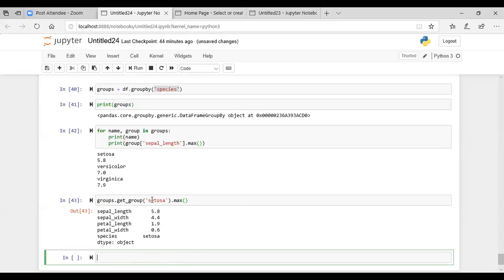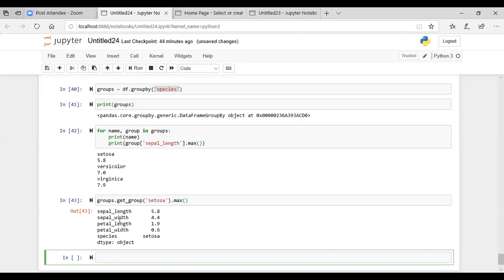So for the group Setosa, the maximum value of sepal length is 5.8, maximum value of sepal width is 4.4. Same way for the rest, it is giving you the maximum value of each column under the Setosa group.